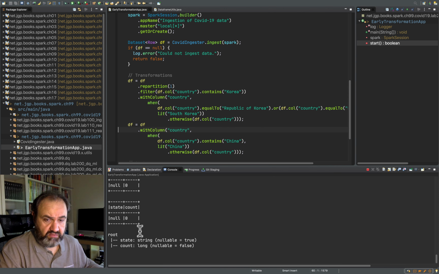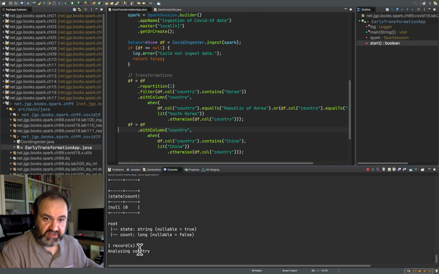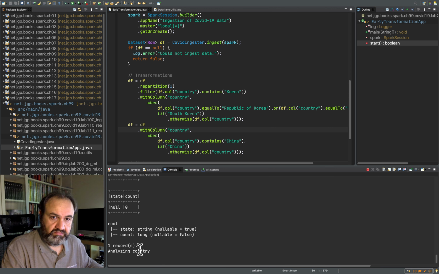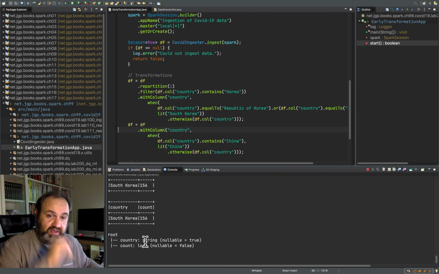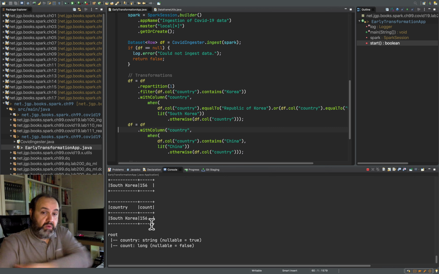Okay, so let's have a look now at country. Okay, analyzing country. Okay, South Korea 156. I didn't look at the numbers before, but it really means we have what we want.